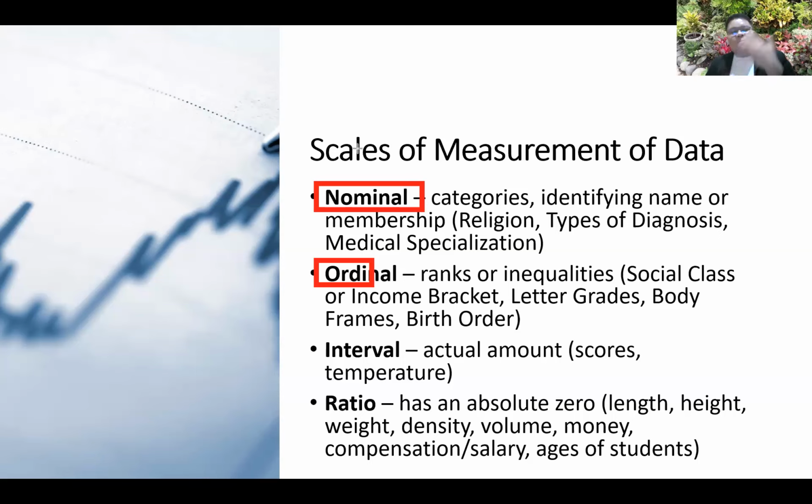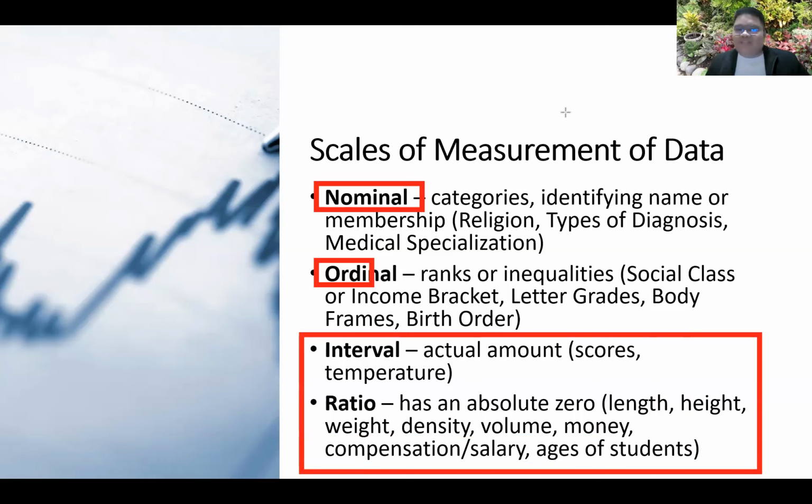Birth order, halimbawa, I will say I'm the eldest. Okay? Then the youngest is, so that's the birth order in our family. Whereas, class, when I talk about interval and ratio, the best thing that you can remember for these two is that they talk about numbers. Okay? They talk about numbers. But for you to differentiate them, you need to remember that in the ratio scale